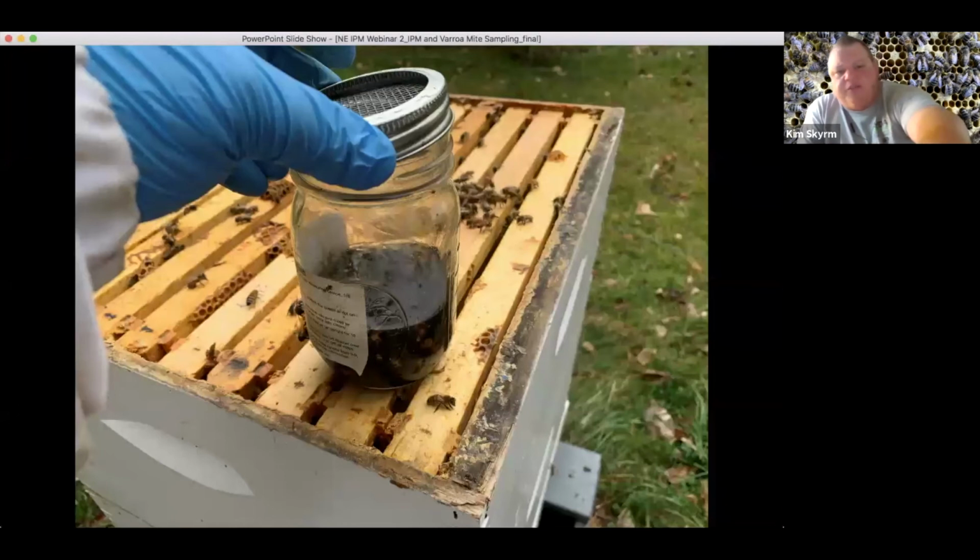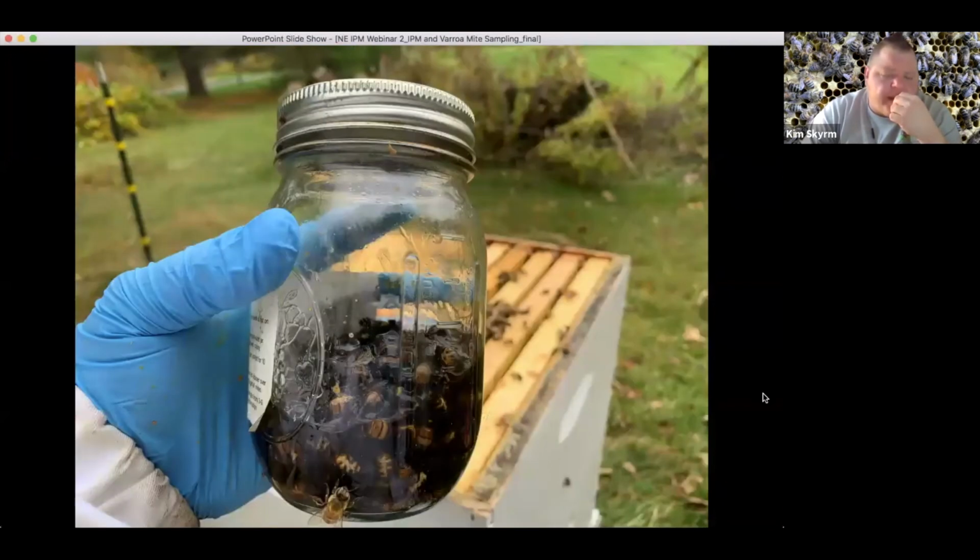I think I actually screwed it on in this photo and then unscrewed it and said, oh man, I need to get a photo of this step. So if you go to the next slide, you'll see once you screwed this lid on, now we've got a jar of bees and alcohol. That's what we've had from the last couple of slides, but now that it's contained, we want to give this